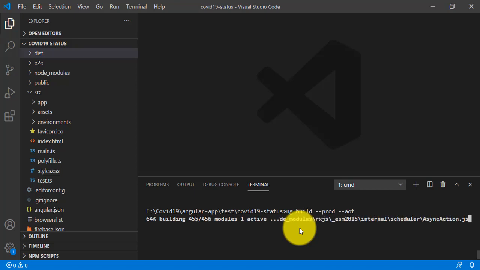So it is continuing its building process. It is completed 68, 69, 70%. Now it is completed 90% of it.